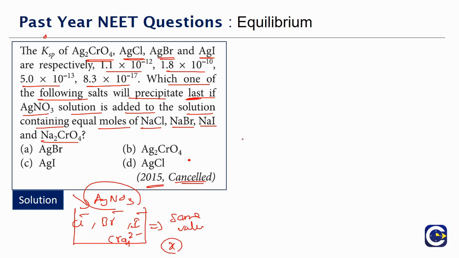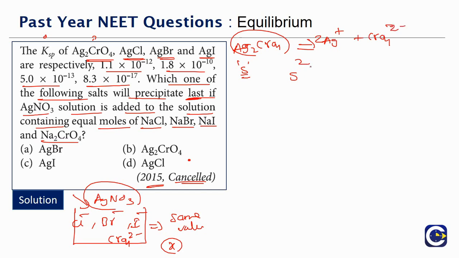Okay. Now we will come to this first, Ag2CrO4. Say for example, at a concentration of Ag plus which is having a value of S, let's say the precipitation starts. Then what is the relation we have? Ag plus concentration is S, because Ag2CrO4, when it is dissociating, will give us 2Ag plus and CrO4 2 minus.